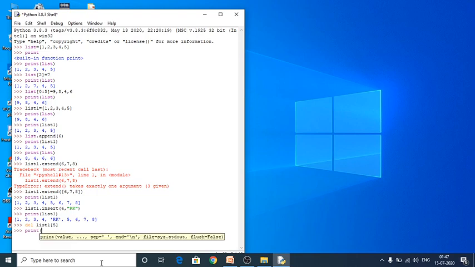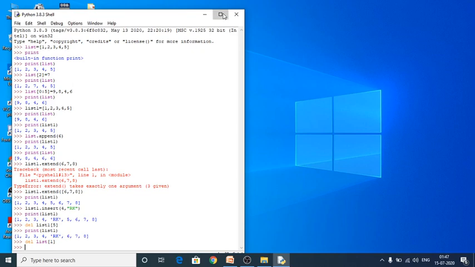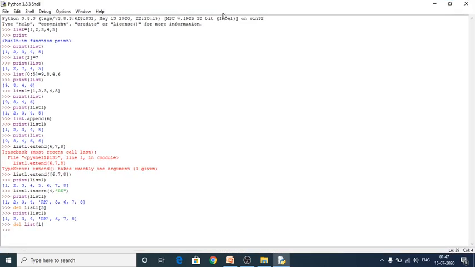Print list1. Okay, see again, and here we can see, print list.